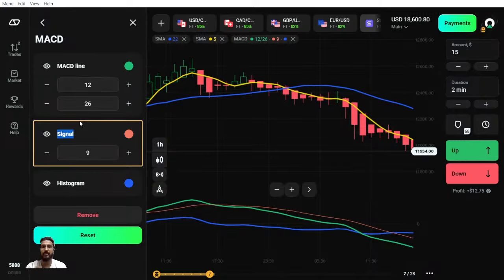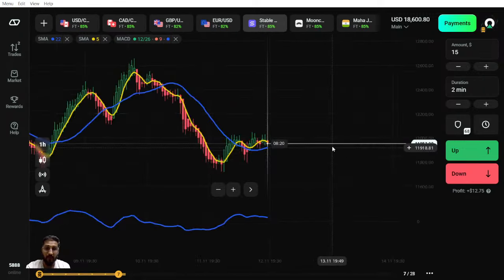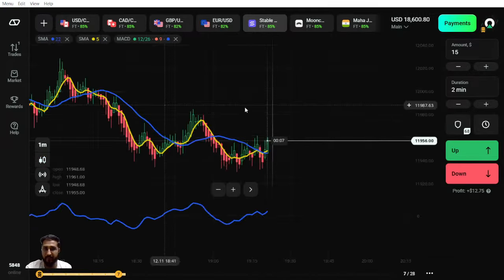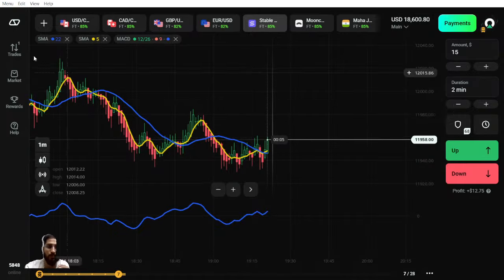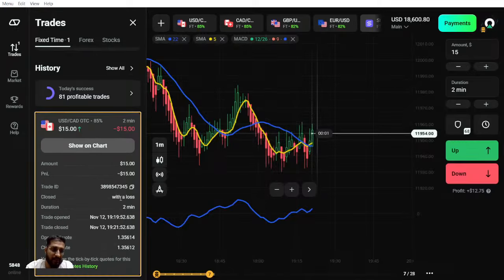You can either keep all of them together, or you can hide them and keep one, just to avoid some confusion. Once you get all these confirmations together, or there is a gap of at most 1 to 2 candles, you can pick this trade. The suggested time frame for this strategy is 1 minute for the chart, and the trade time frame is 2 to 3 candles.